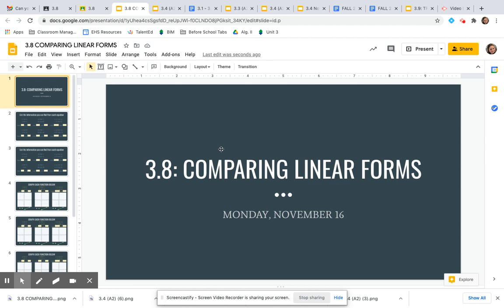So, if you missed 3.7, what we are going to do for virtual notes is I'm pretty much going to assign you guys an assignment, and then I'm going to do some of the problems with you to explain how to do it. Today's lesson is just talking about the different forms of a linear equation that we've talked about,